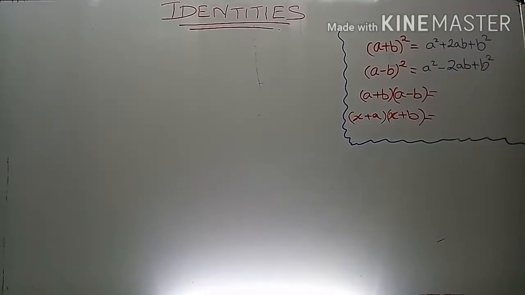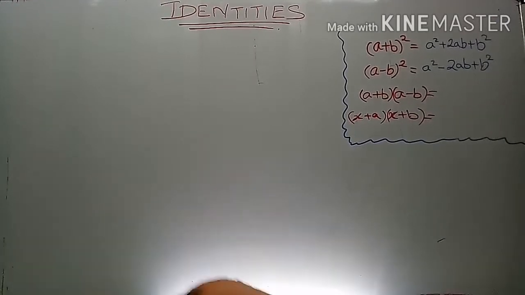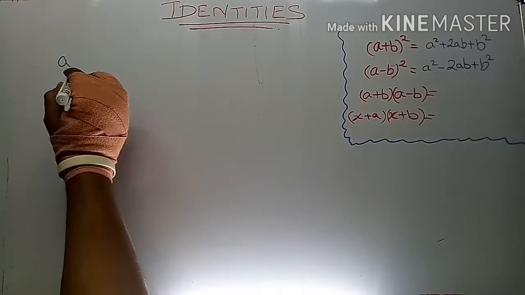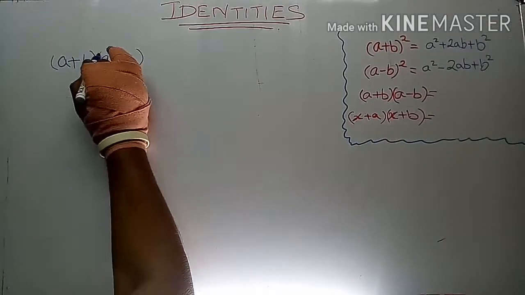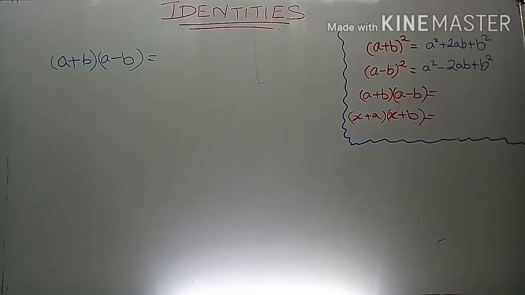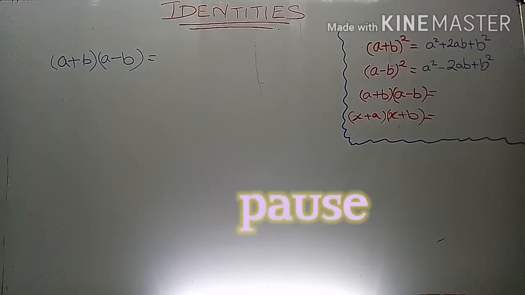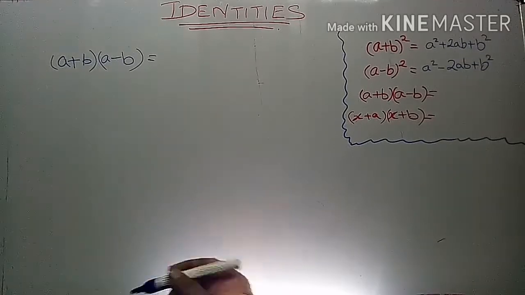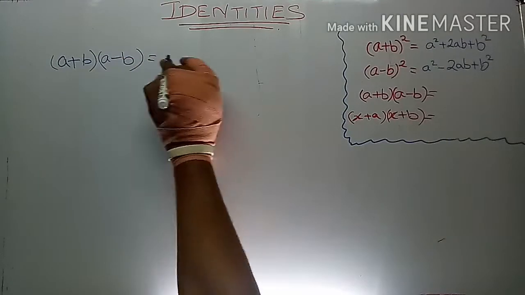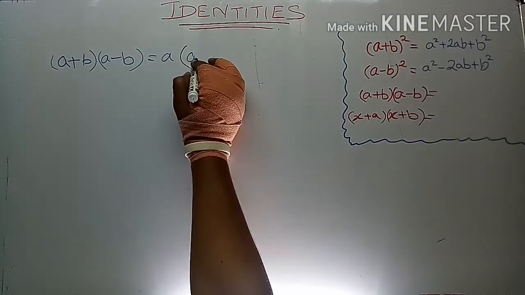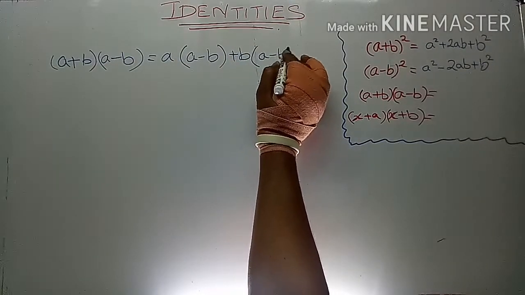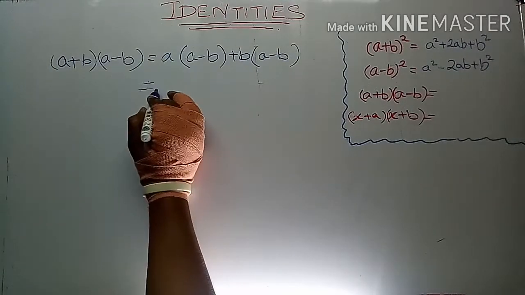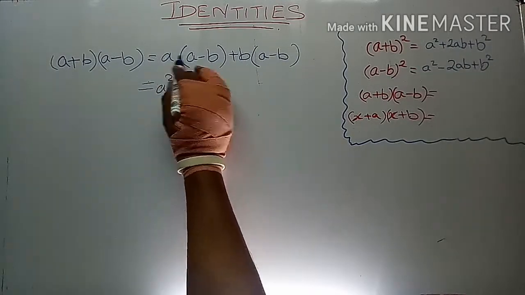Now let's move on to the third identity, that is a plus b into a minus b. You may pause the video and try to solve it on your own. Now let's move ahead using the distributive property, a multiplied by the second whole bracket plus b multiplied by the second whole bracket. We'll have a square, a into minus b is minus ab,